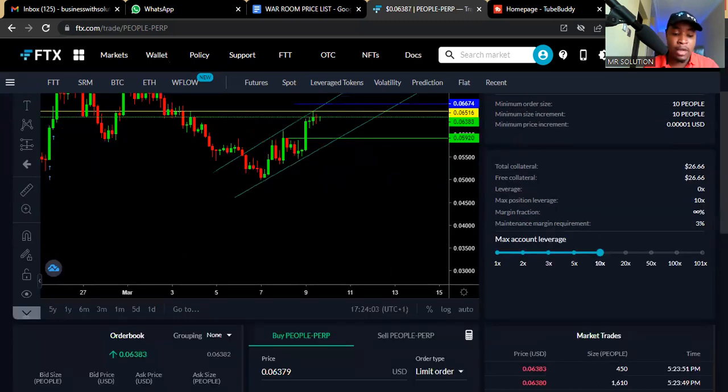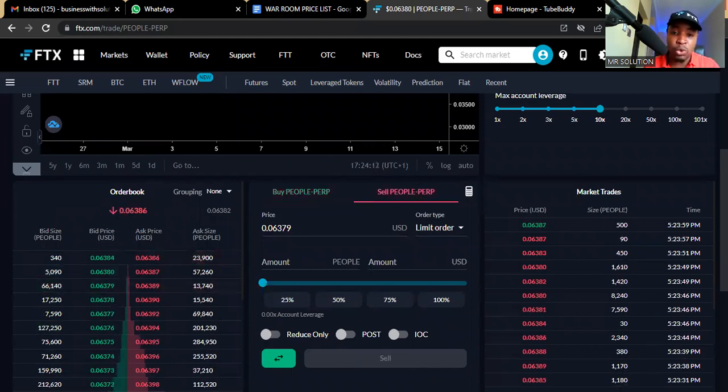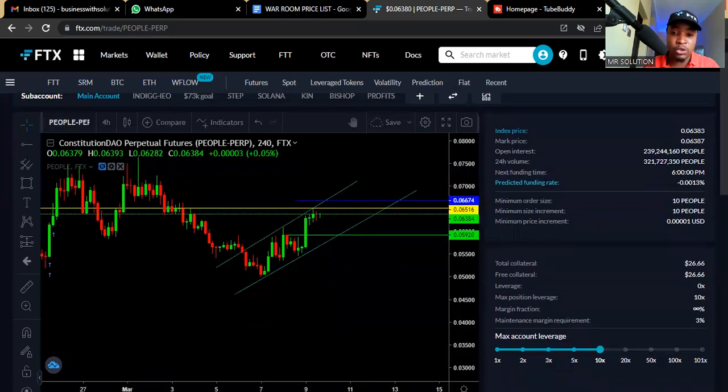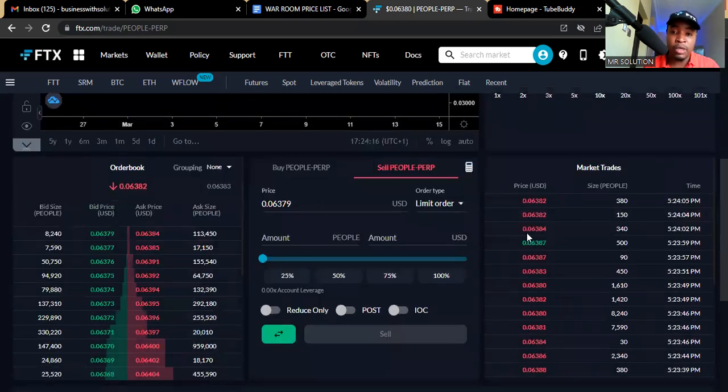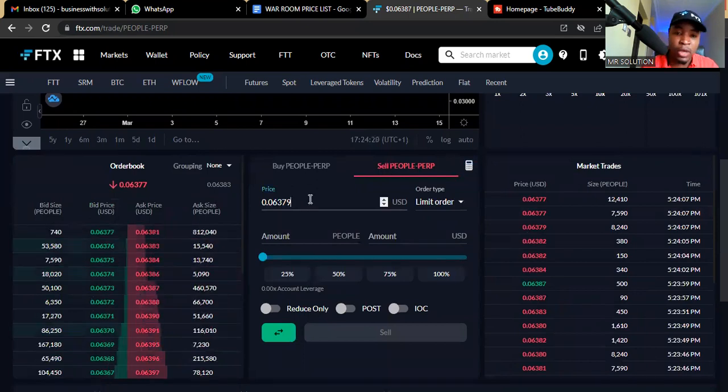Okay, so we've gotten our entry, stop loss, target, and all that. Remember, what we want to do is to short. Because the price hasn't gotten to the very place where we want to go short, we'll be using a limit order. So our limit order for this is what? We have our limit order at our entry, which is